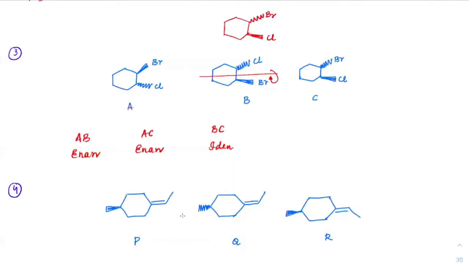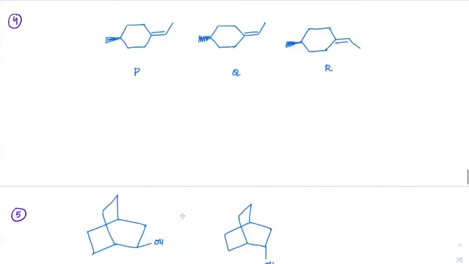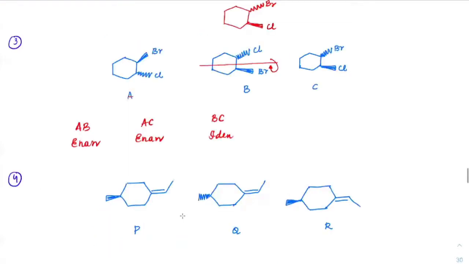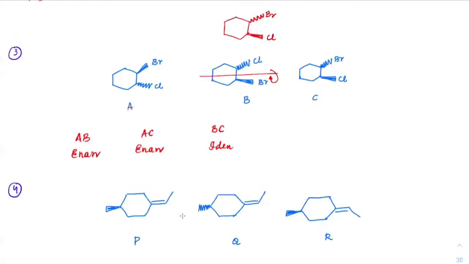Okay. Now see the next one. In the previous question, can we do it like this? If we rotate A by 180 degrees, we get bromine inside and chlorine outside. But they gave the opposite. So we can say that they're enantiomers. Exactly. You can do the same thing with B, and with A also.